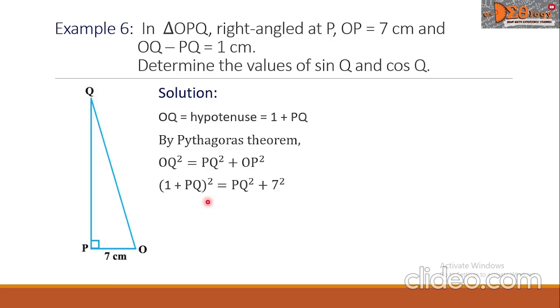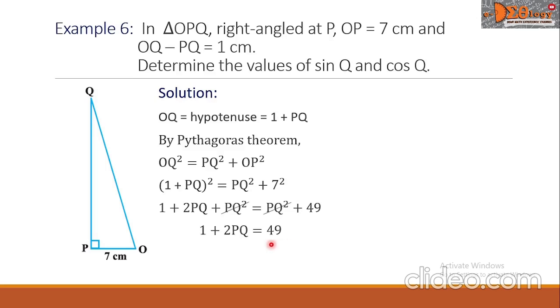We expand the left side. It becomes 1 plus 2 PQ plus the square of PQ equals the right side, now square of PQ plus 49. Both sides here have the square of PQ that we can cancel. So we simplify this as 1 plus 2 PQ